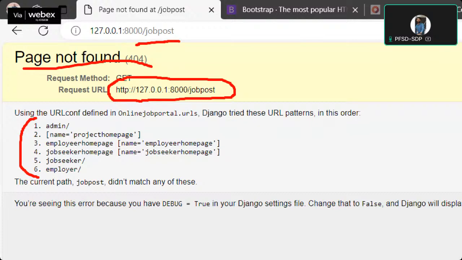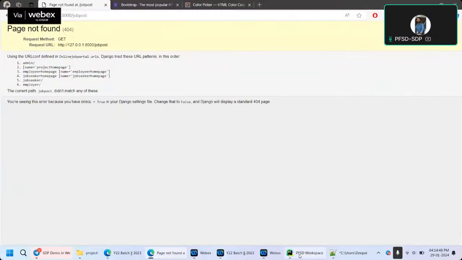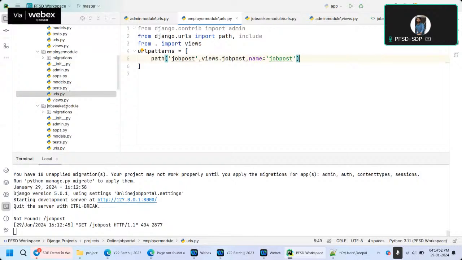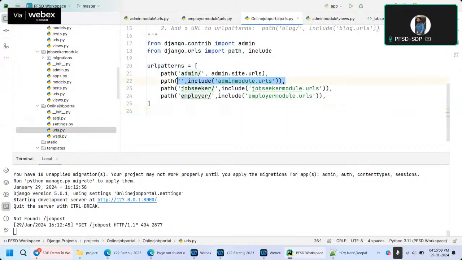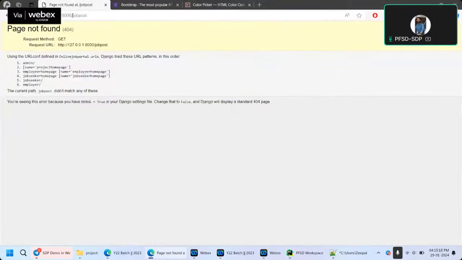The use of that extra word is in the urls.py. If you cross check the project URLs, for the admin module we have given empty. But for the employer module and the job seeker module, we have given some word. This word needs to be reflected in the URL. So the correct URL is